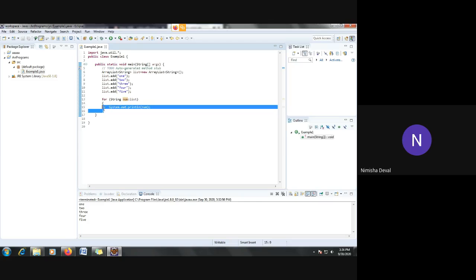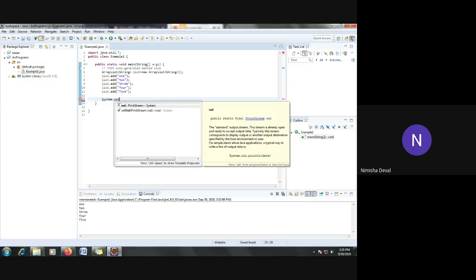I will erase this part. Should I erase it? Okay, now see here. I will start using the get and set methods. First I will start with the get method to print the values, or to access those values which we require for our purpose. Now see, I have added here